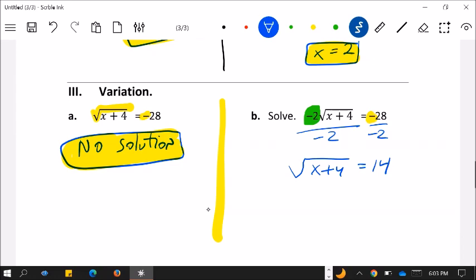Now we have a positive, and that means it's legal. So I'm going to even write here, now it,